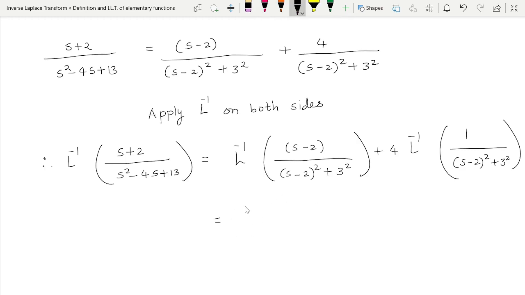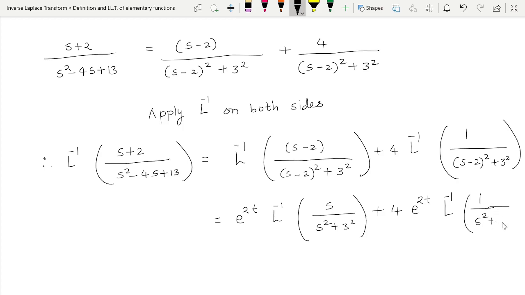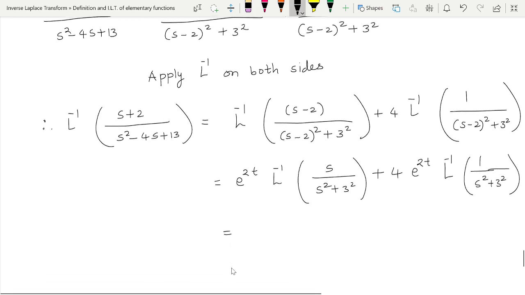So we can use the shifting property. By the shifting property, this will be e raised to 2t times L inverse of s upon s square plus 3 square, plus 4 over here as well. If I replace s minus 2 by s, we are getting a function whose inverse Laplace transform is already known to us. So 1 upon s square plus 3 square, which is further equal to